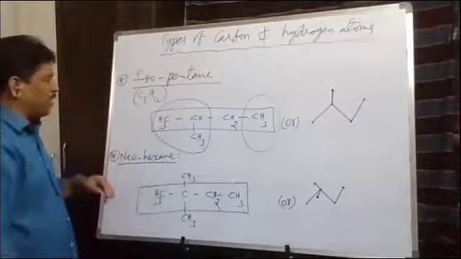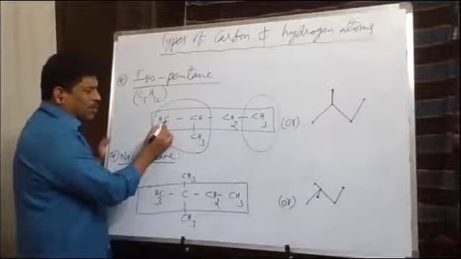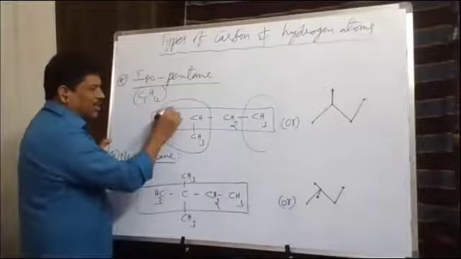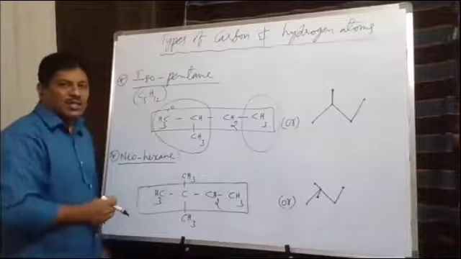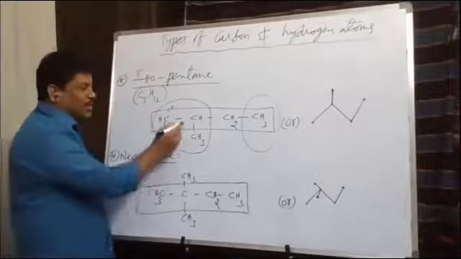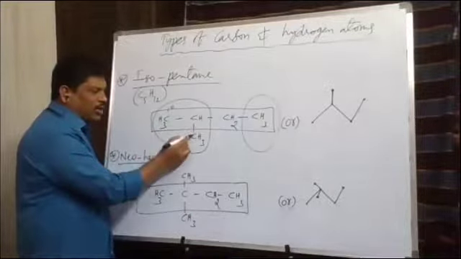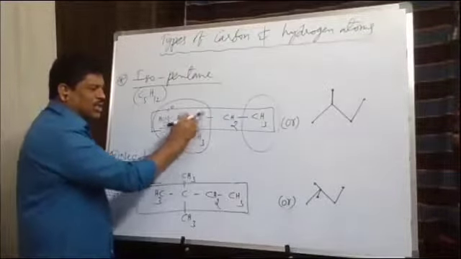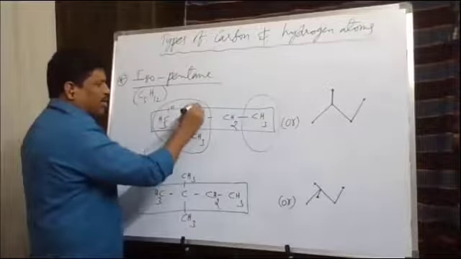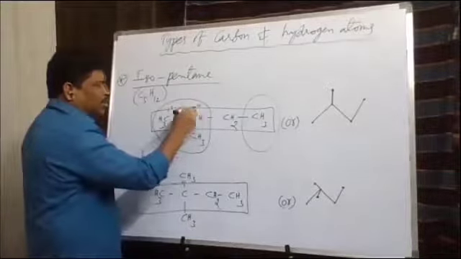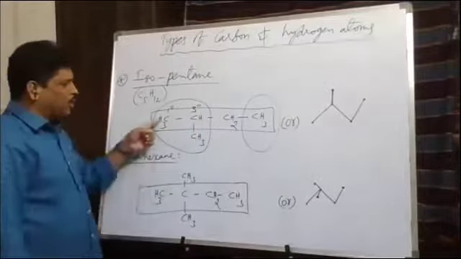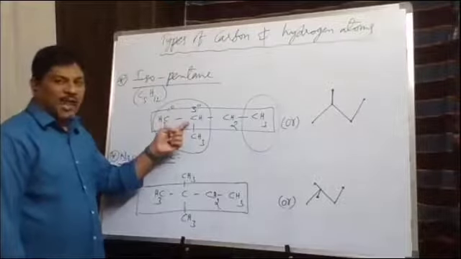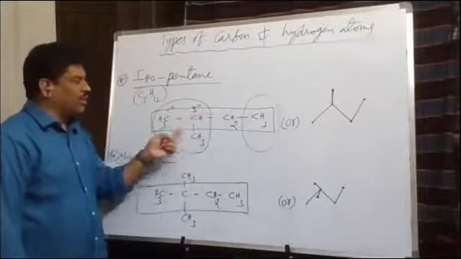In this bond line structure also we can say CH3 here, bond CH3, bond CH2, bond CH3. It is isopentane. In this case, this carbon, if you observe, is attached directly to how many other carbons? One. So it should be called 1 degree carbon. 1 degree carbon is nothing but primary carbon atom. And this carbon atom is directly attached to 1, 2, 3 carbons. As this carbon is attached directly to 3 other carbons, it is called 3 degree carbon. This 3 degree carbon is called tertiary carbon atom. It is primary carbon atom which is attached to only one other carbon. It is tertiary carbon atom as this carbon is attached to 3 other carbon atoms.